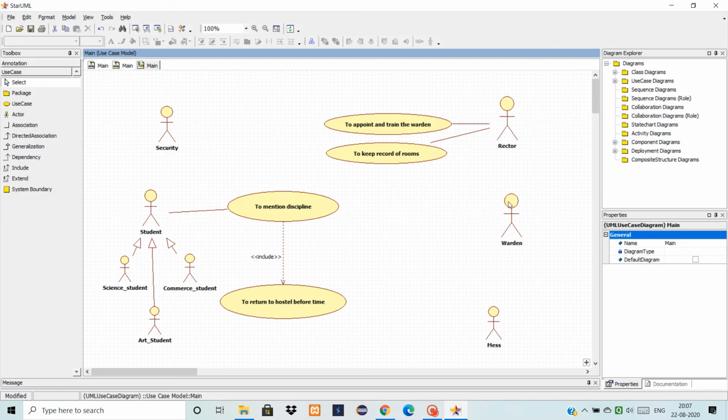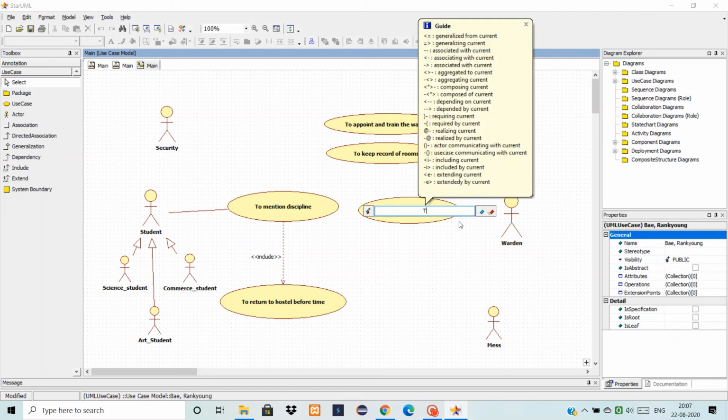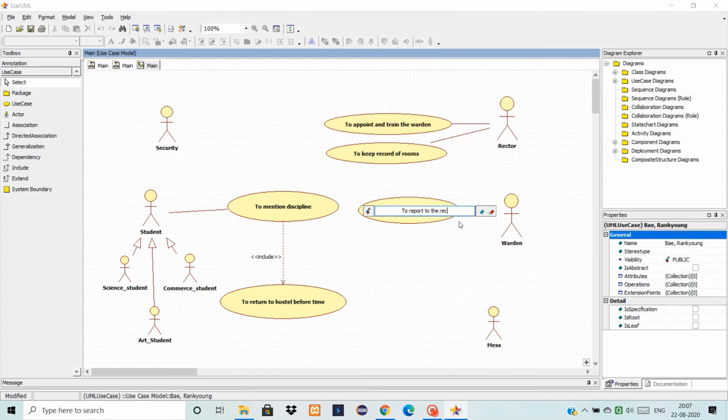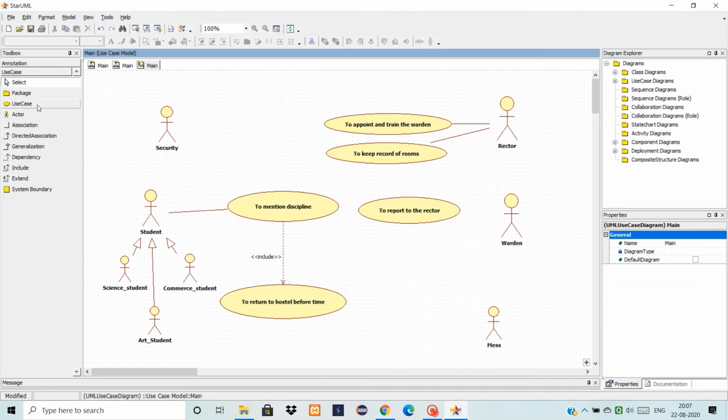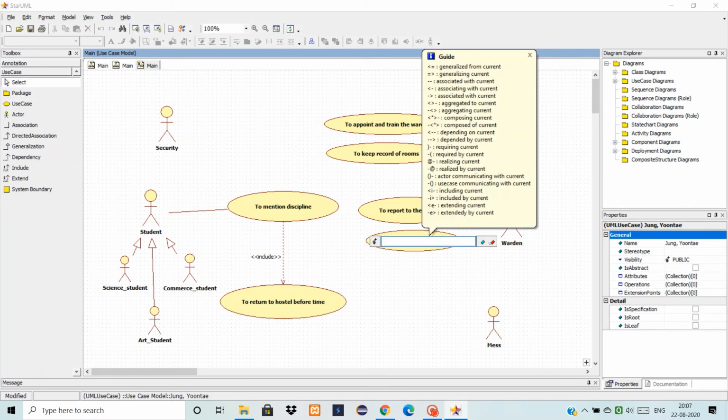Now we'll see for warden. The responsibilities of the warden are again to report to the rector, and another would be to check the welfare of students.